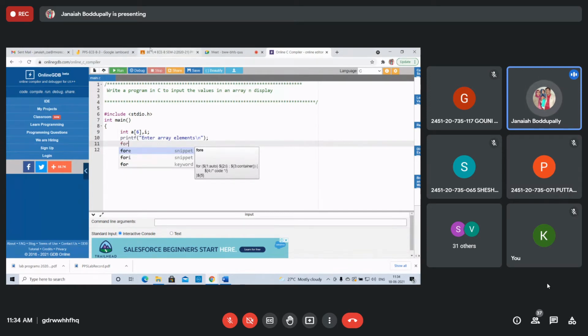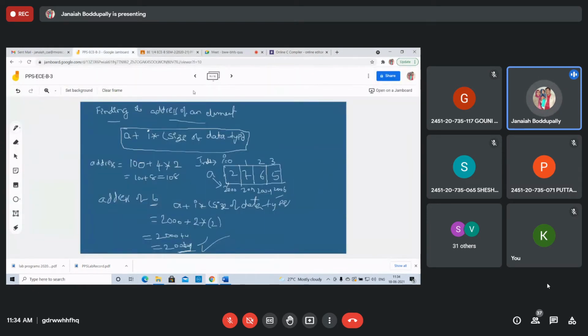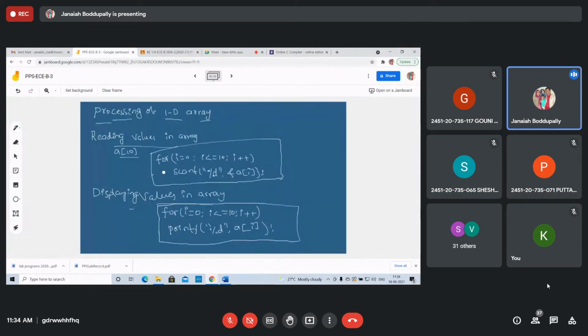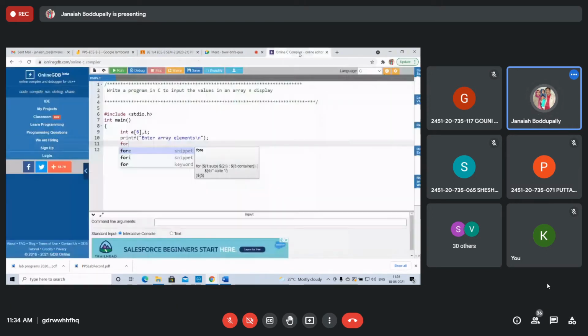See, what is the syntax of reading elements? This is the syntax: for i equals 0, i less than or equal to 10, i plus plus. How many elements do you want to take? The size is given as 6, so you take 6.